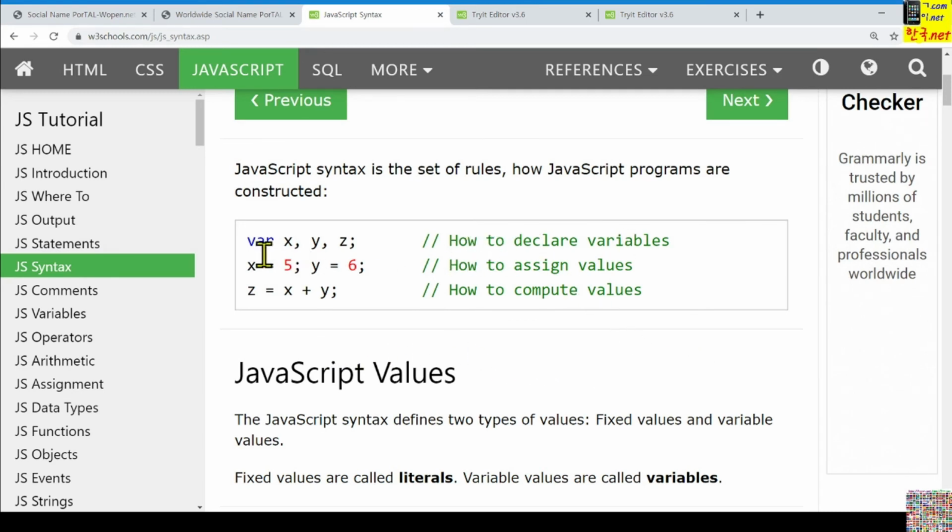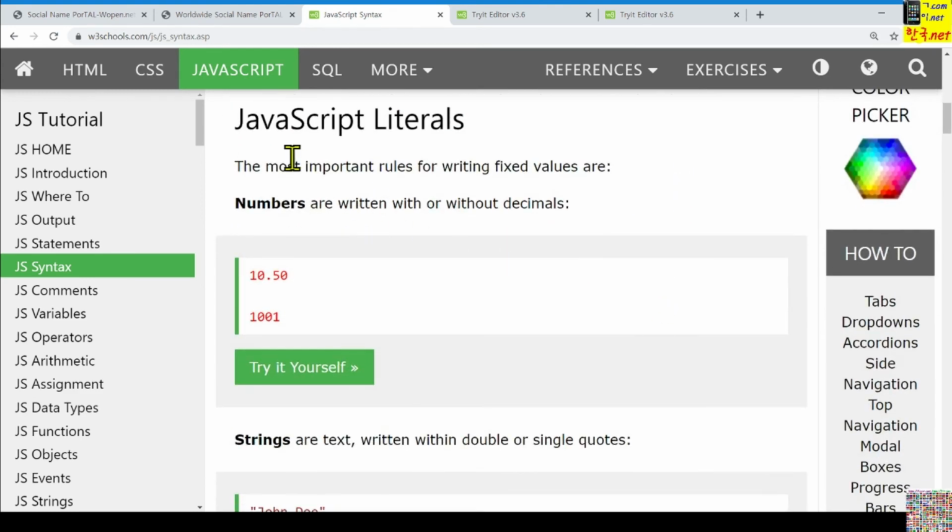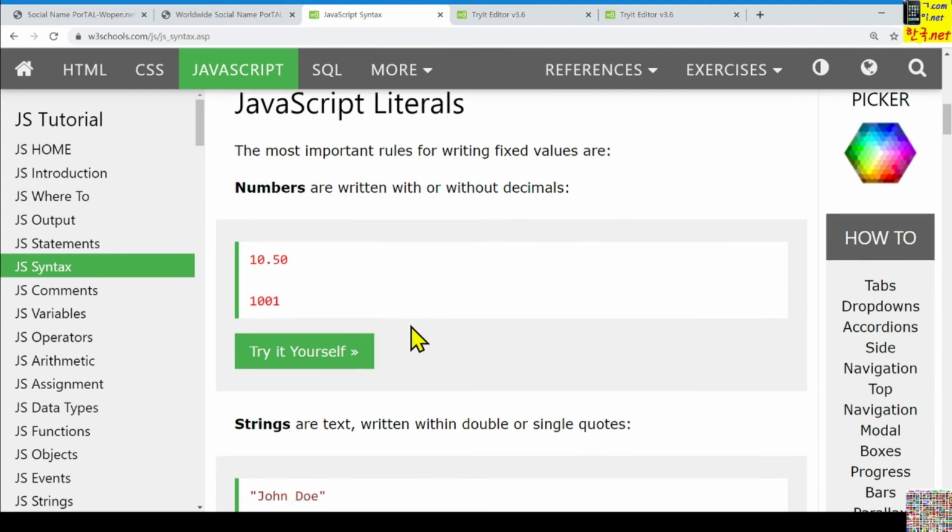How to declare variables, how to assign values, initial values, how to compute values. The fixed values are called literals, and the variable values are called variables. For example, for JavaScript literals we can use decimal notation or without.